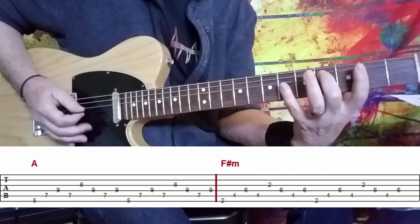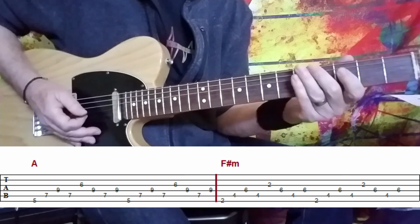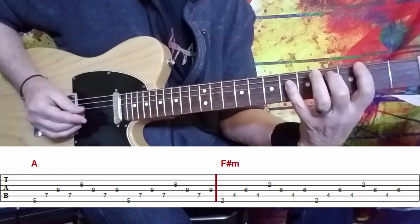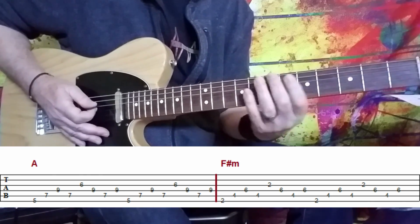And again, that can be a pretty long stretch to hold all of that down, right? So just kind of rock your hand back and forth if you need to. The notes, again, are very staccato, so it kind of works out in your favor. Kind of works out nicely. So now we have